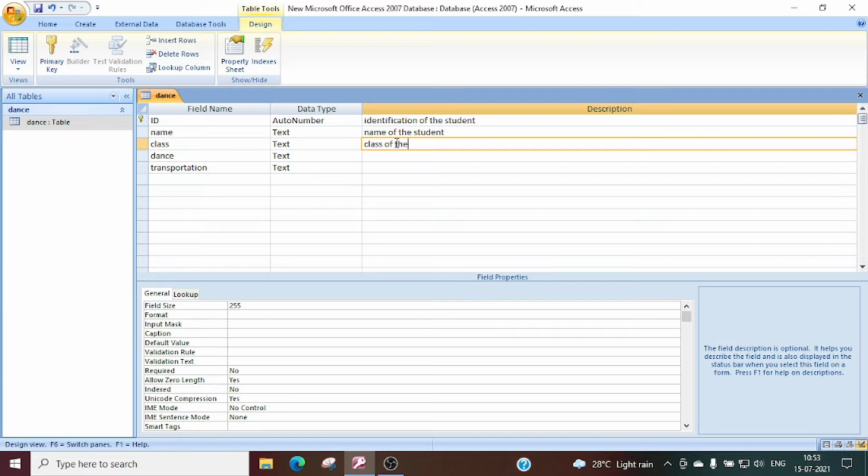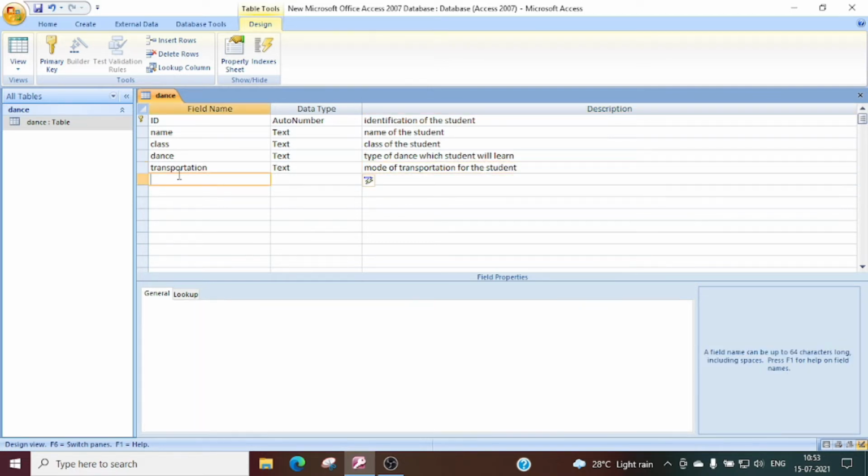Type of dance which the student will learn. And mode of transportation for the student.